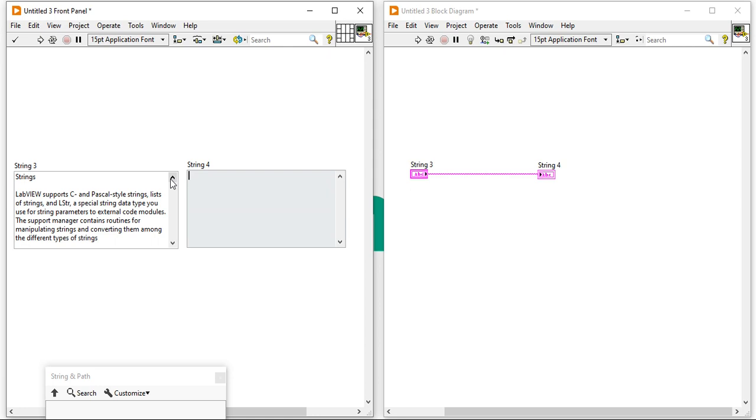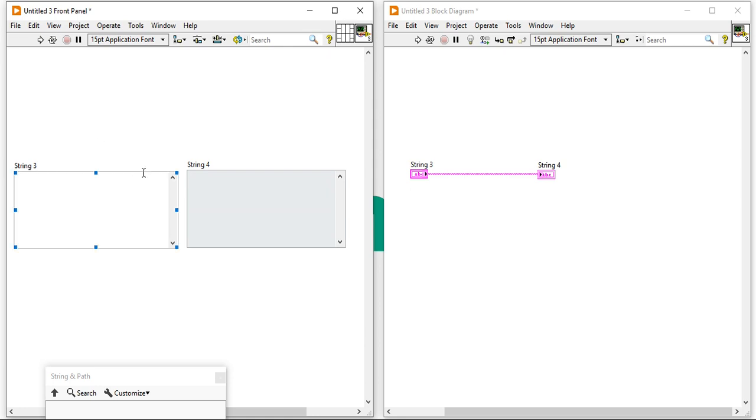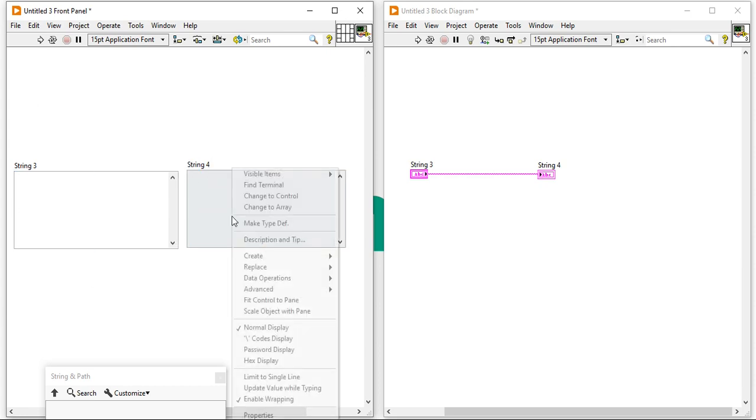Now here I am going to delete. You can easily remove all the strings from your control palette and indicators if you want, so you can run. Here